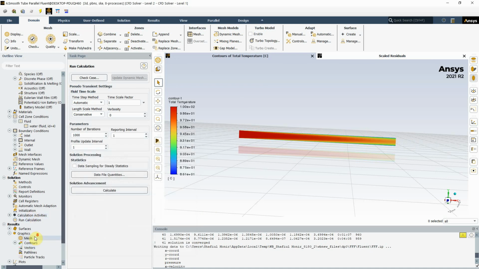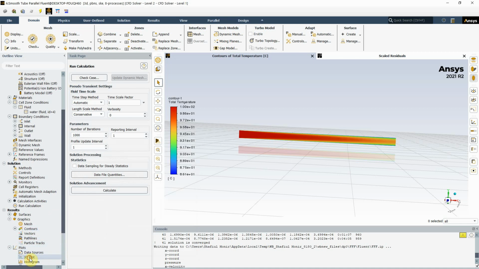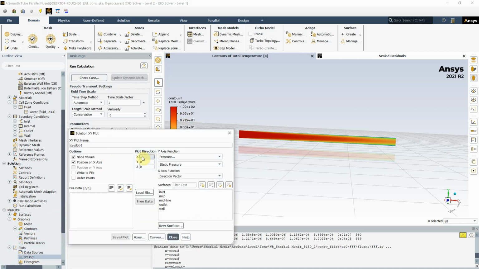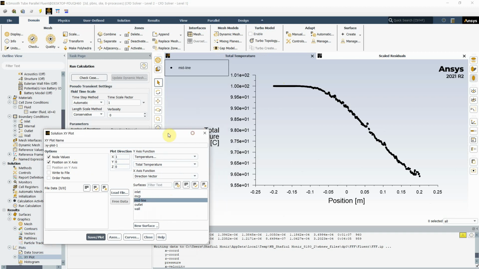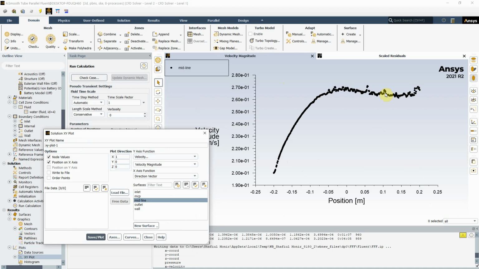And what you can do with that now is create an XY plot, and X equals 1, temperature, total temperature, mid-cut line, plot, and you can see that the temperature going from 100 degrees is cooled down to around about 96 degrees Celsius. And you can also do a velocity as well, to see what's happening with the velocity. As the velocity increases, it stabilizes around about that kind of 2.6 meters per second, even though it was coming in at a lot much lower,